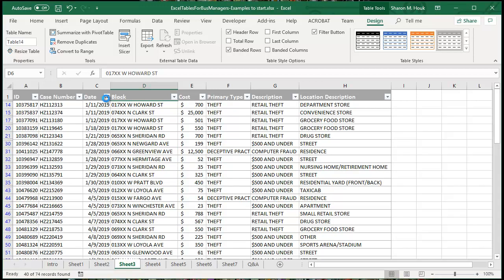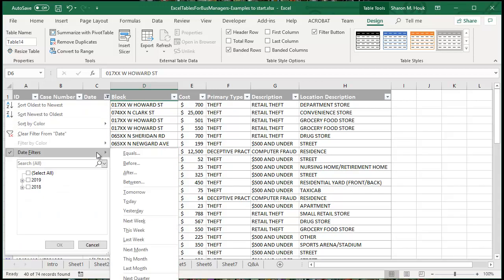So what I want to show you is that on this date filtering, you can say just show me all of the records that are for yesterday or last week. It's pretty sophisticated. All right, let's clear that filter